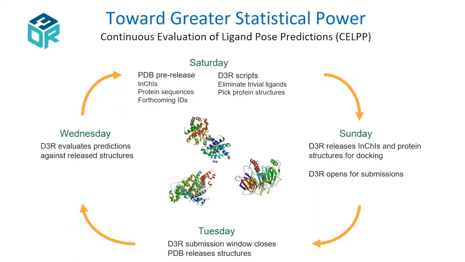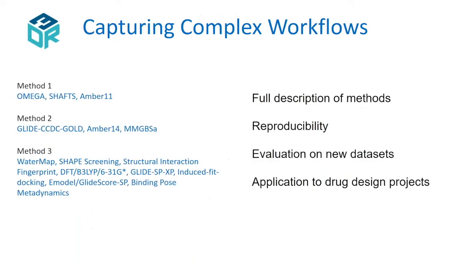So D3R, and you'll hear a lot more about this tomorrow from Jeff Wagner, a graduate student here who's developed it with others, such as Chris Churas, covers how we package up the data sets, make them available to participants, bring back in the predictions, automatically generate root mean square deviation statistics, and some of the initial results we're getting from that. With KELP, you basically have to turn around your predictions in about 4 days. So you need automation. And the idea of automation and workflows is another theme that we'd like to encourage, and shows up in day 2 of this workshop.